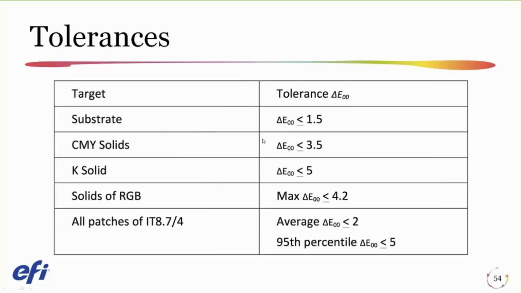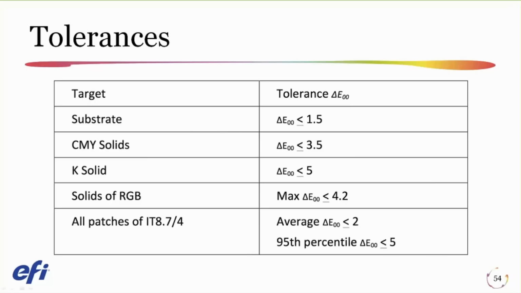Then we have tolerances. Well, okay, we're going to measure that color bar. We know what we're supposed to hit. What's my plus or minus? How accurate do I have to be? And each of the governing bodies publishes tolerances. Here is the target tolerance for the ID Alliance. It says we're supposed to use delta E, which particular formula for delta E we're supposed to use, and the delta E for the substrate is less than or equal to